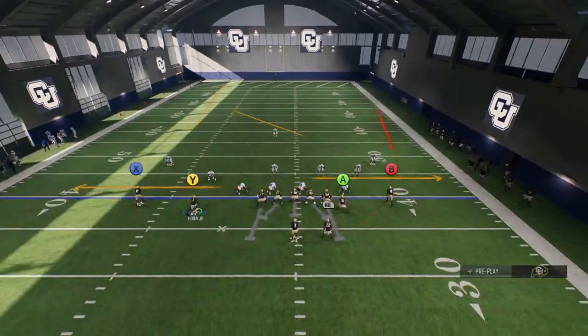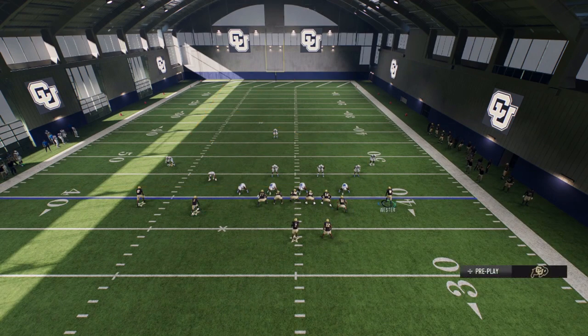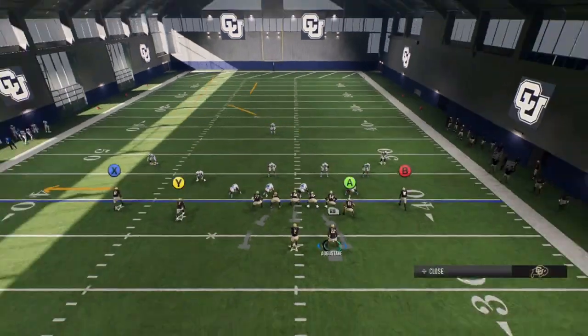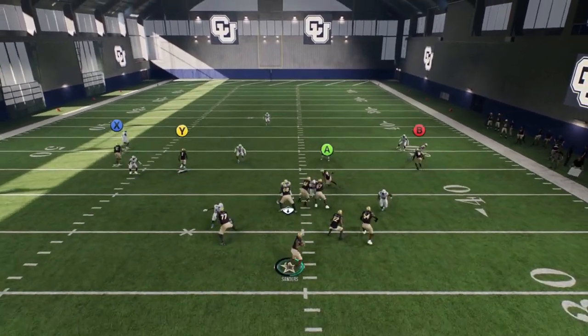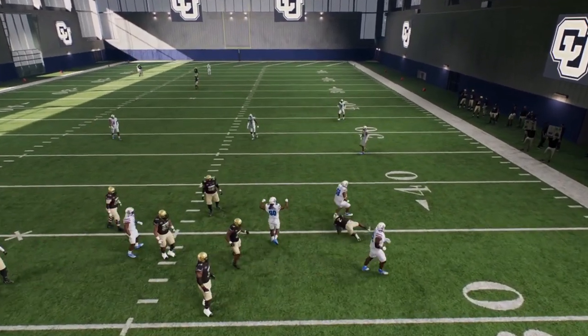So the first setup here looks like this. I'll go ahead and streak the slot wide receiver. I'm going to go ahead and post the solo side wide receiver here. And then from there, you can either block the running back or leave him on his wheel route or table route him, whichever you want to do. But the main purpose of this play is, one, you have the drag route to throw the ball to, and then your other option is going to be